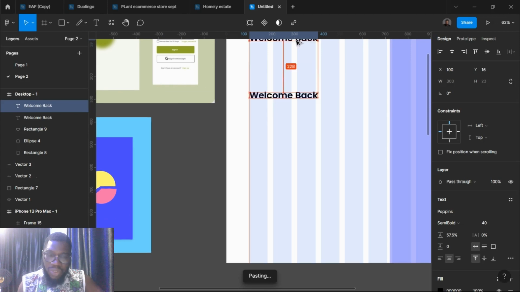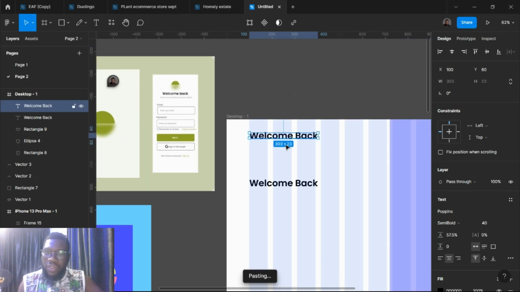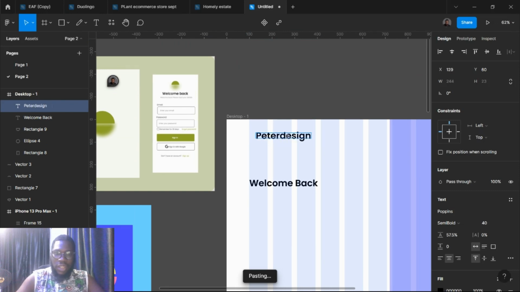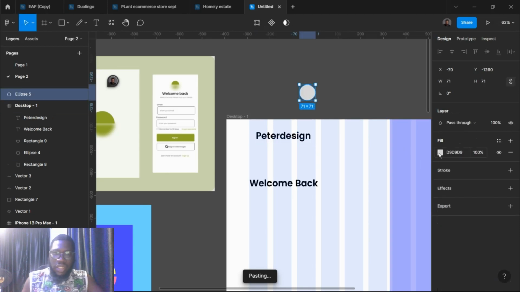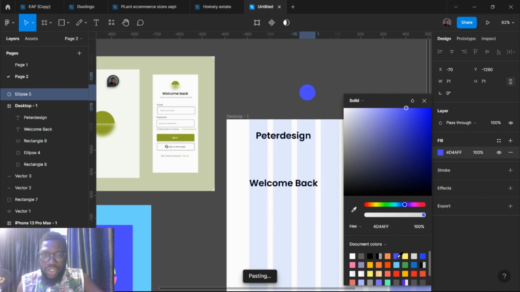And we have this logo. This is our logo. So just put our logo on the same grid line. And just want to say Peter Design. So I would just draw a shape